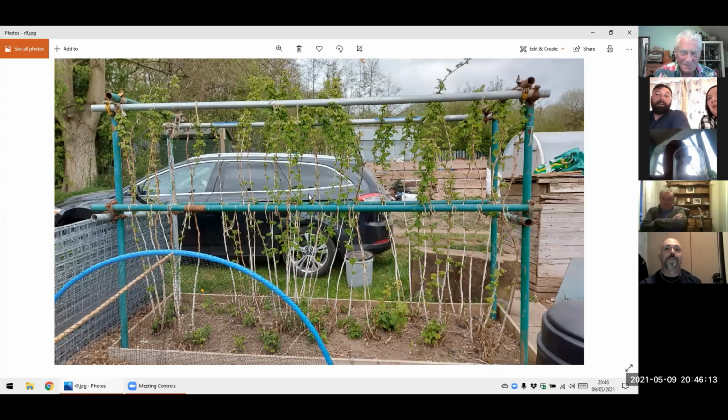So all that growth that's there was last year's new growth, but we didn't have any fruit. I don't know whether they're summer raspberries or autumn raspberries, so I've just left them, and that was last week's picture. You've got last year's growth at the top, but then you've also got some new growth starting at the bottom. So if anybody's got any ideas as to what...